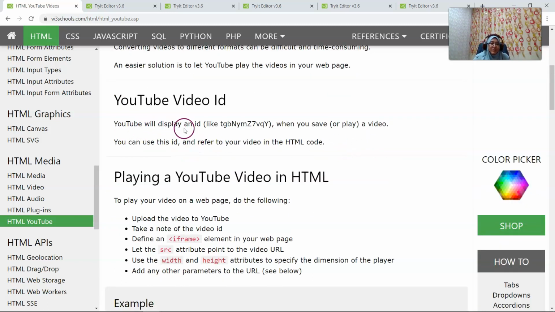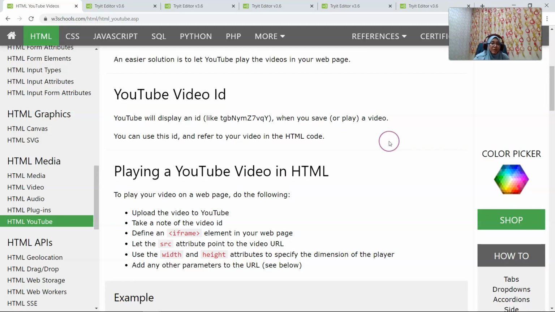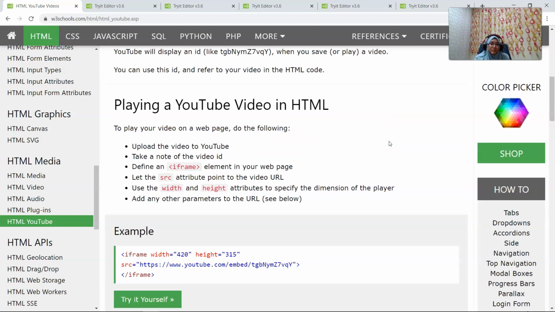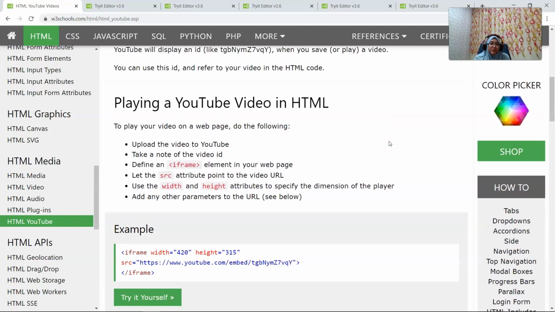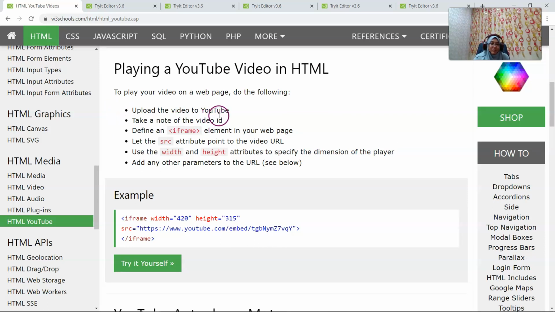So YouTube will display an ID when you save a video. You can use this ID and refer to your video in HTML code. To play your video on a web page, you need to have the video uploaded to YouTube. So let's say you have your own channel, you need to upload your video first. Take note of the video ID, then define an iframe using the iframe element, and let the src attribute